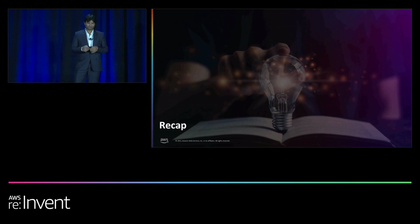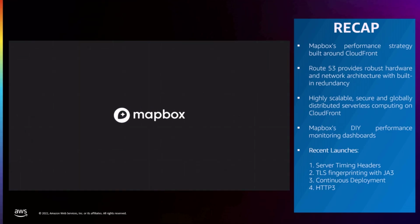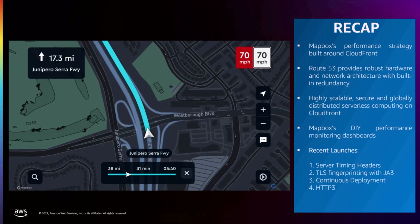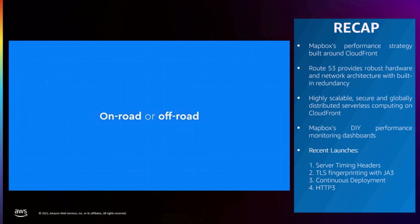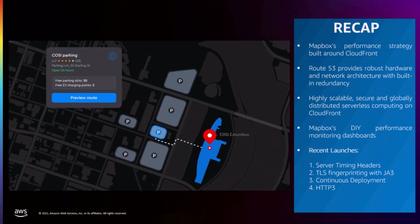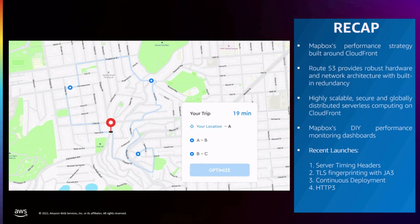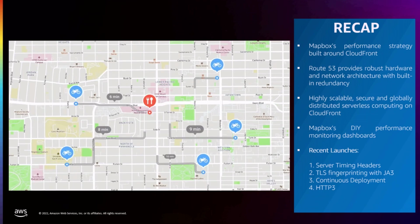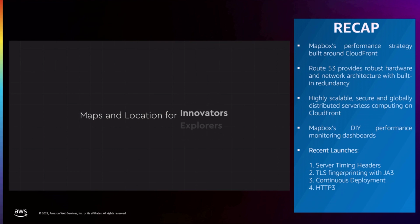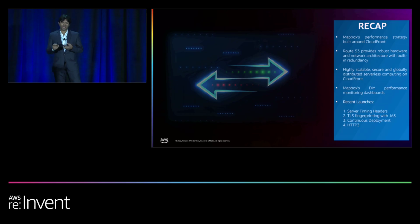So to recap, Blake and I spoke about how Amazon CloudFront plays an important role in accelerating Mapbox's applications. It's not just about making their maps faster and smoother. Mapbox is able to visualize streams of live data, like monitoring forest fires, running fast and accurate location services, and so much more. The strategic placements of the origins across 8+ AWS regions globally, powered with CloudFront, provides Mapbox with